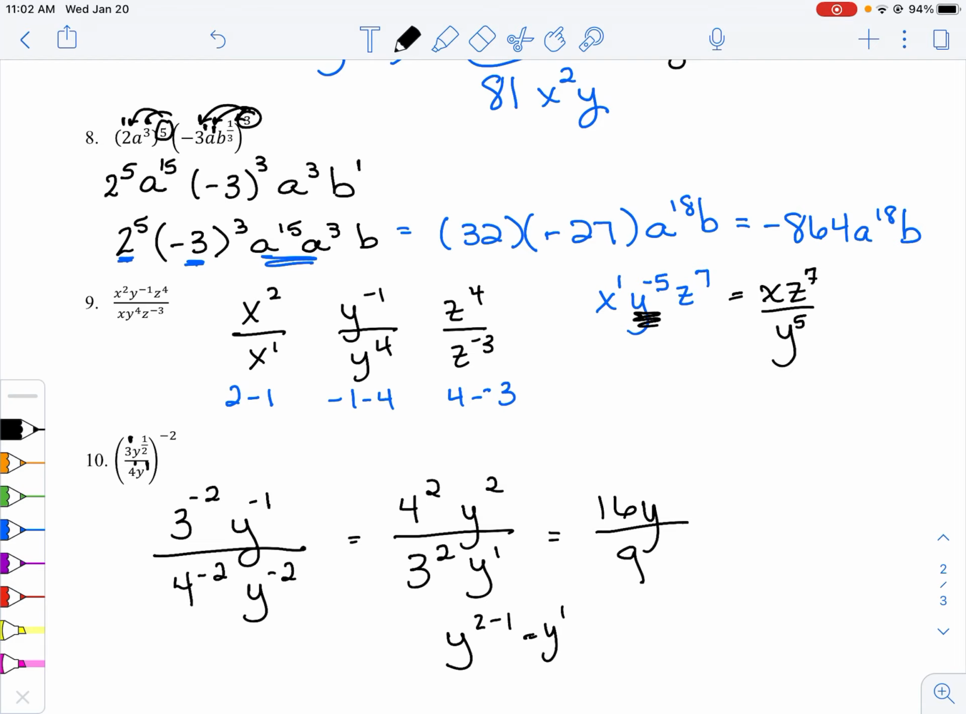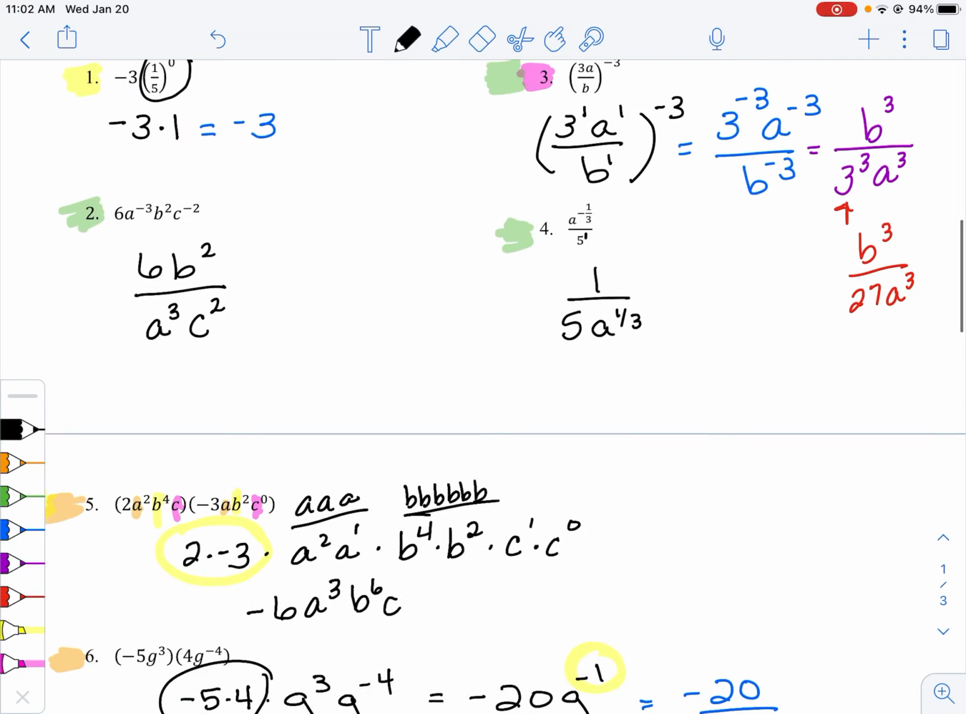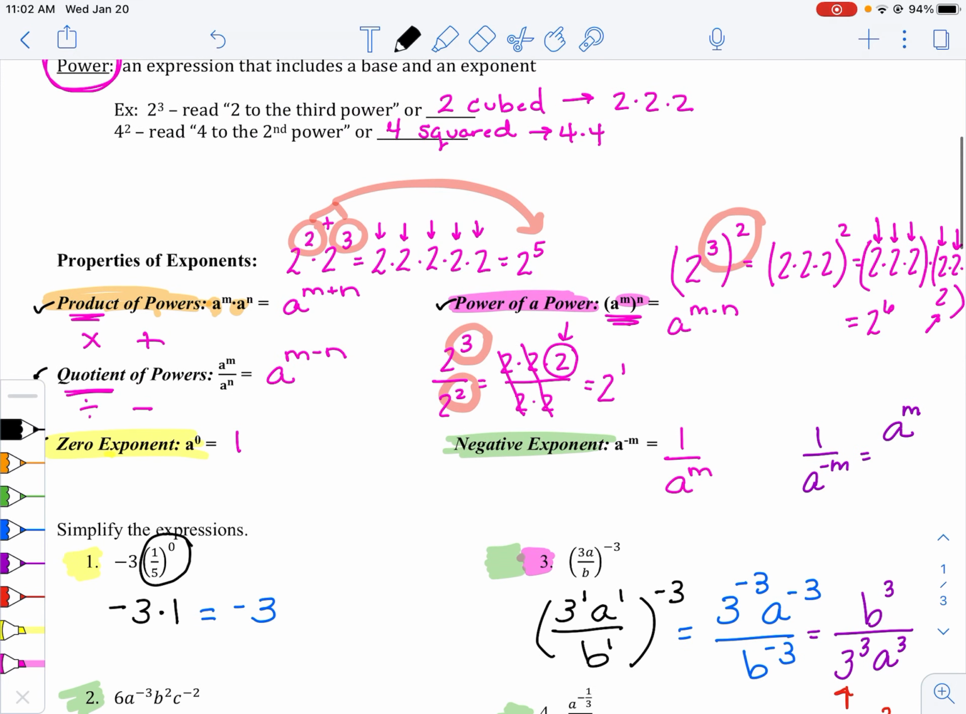All right, so I tried to show you a little bit of everything, a little bit of division, a little bit of multiplication, all the different rules. But again, we're going to spend quite a bit of time, 4 full days on this. So hopefully by the end you're feeling pretty confident. All right, have a great